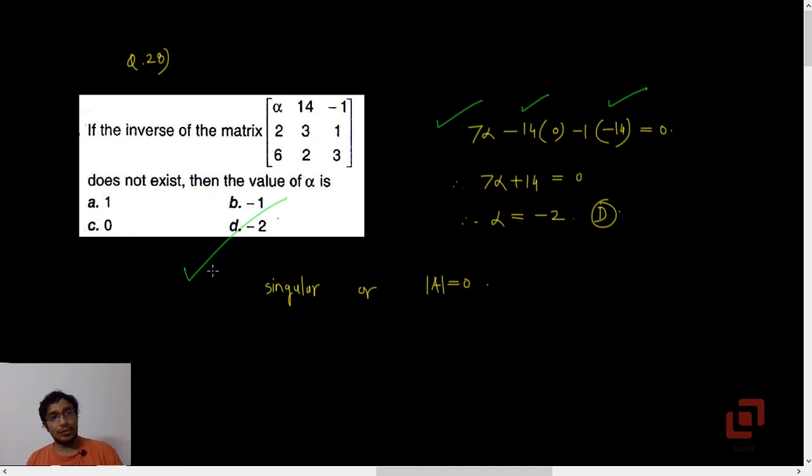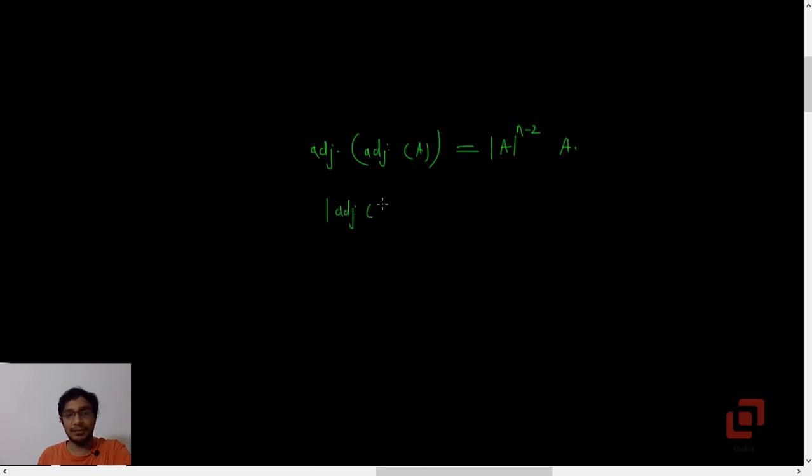Okay, so that is the end of MCQs from MHT-CET previous year's question papers based on the topic matrices. Now just to conclude, I want you to go through solutions of those MCQs which I should say cannot be asked in the theory examination, particularly adjoint of adjoint. What is that? Determinant of A raised to n minus 1 into A. Or what is the determinant of the adjoint?